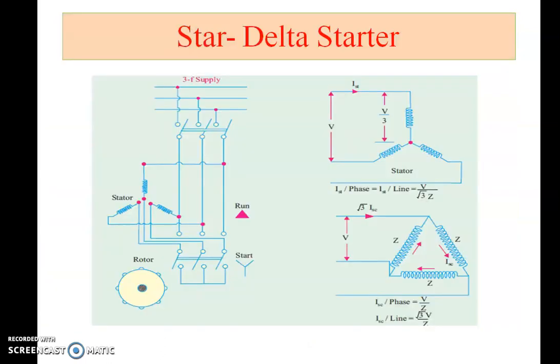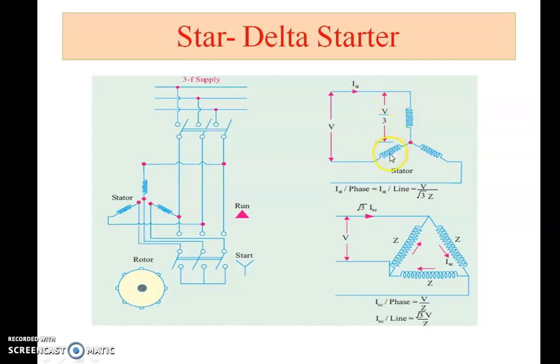Now the next one is the star delta starter. As you are familiar with these two words, star and delta, star is nothing but a connection. Star connections and delta connections are there. For simplicity, I am showing the star connected winding. So this is star connected. The star connected winding has one neutral point, a common point, which is called the star point or neutral point. So this is a star connection.